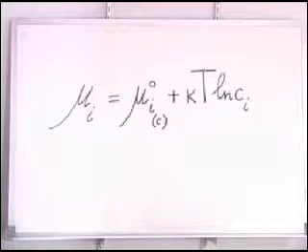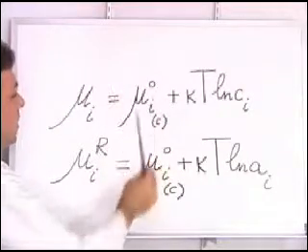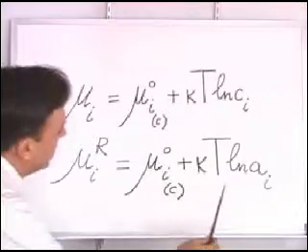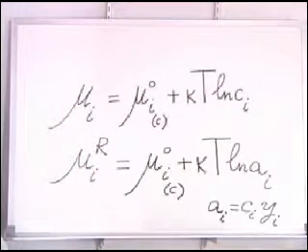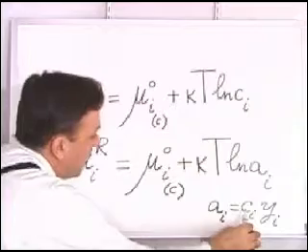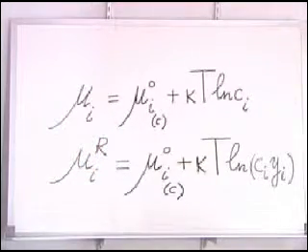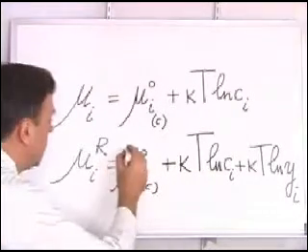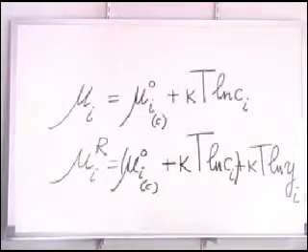On the other hand, for a real system, we have, by the same token, notice that for real and ideal system, the standard potentials are the same. And also for a real system, we have substituted activity for concentration. And because activity equals the product of concentration and the coefficient of activity, but these two terms are exactly equal to the above expression. Therefore,